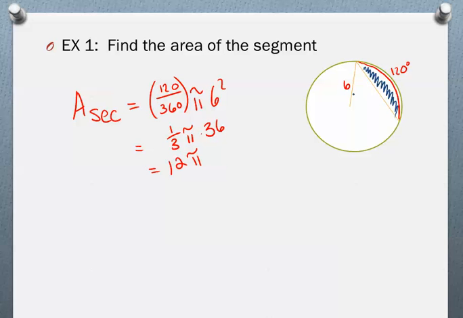So now what we want to do is find the area of that triangle. So we're going to need to calculate the area of the triangle. And you know that the area of a triangle can be found by half times base times height. So we'll need to be able to figure that out. To calculate the base and the height, we'll have to do a couple things. We'll draw a perpendicular line to the chord,